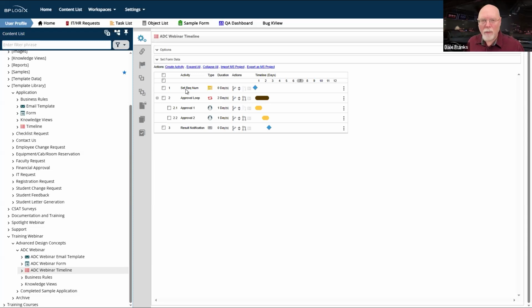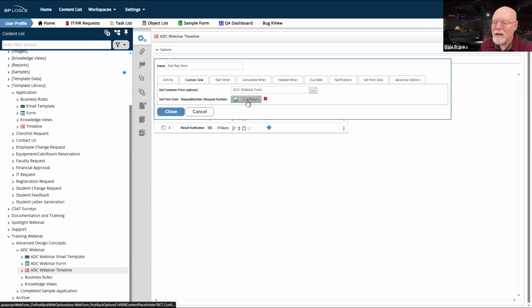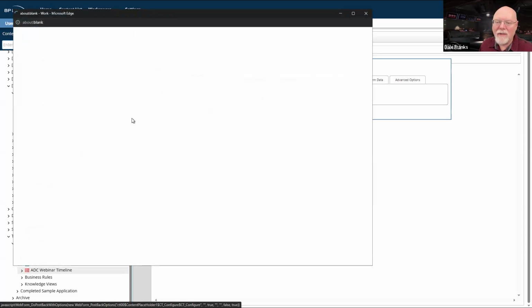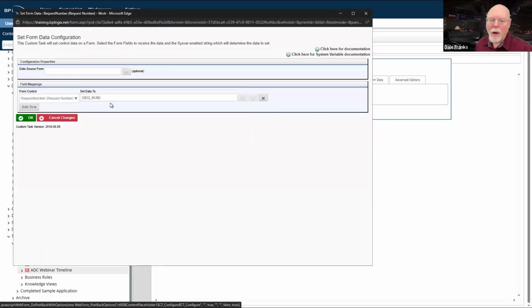So as soon as my form gets submitted, the very first thing I do is I invoke the set form data custom task so that I can set the value of the request number field to whatever custom value I want. Now, in my case, all I've done is put in sequence number. So it's just going to give me a generic sequence number.